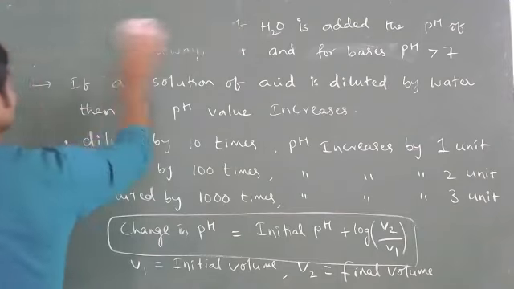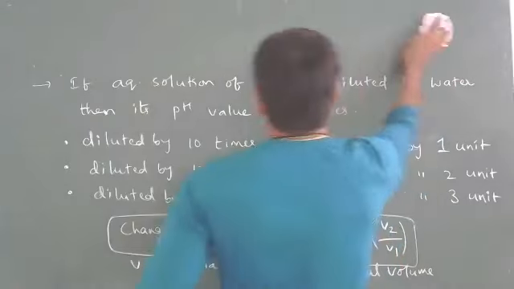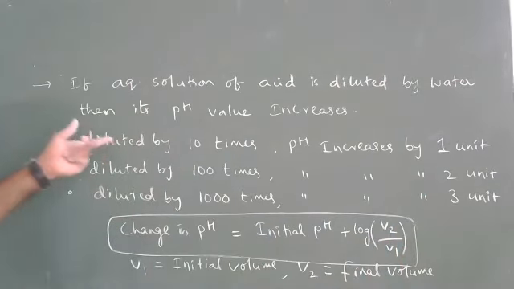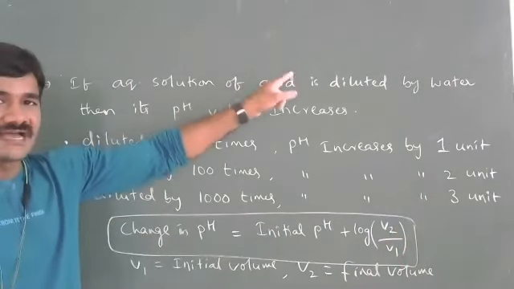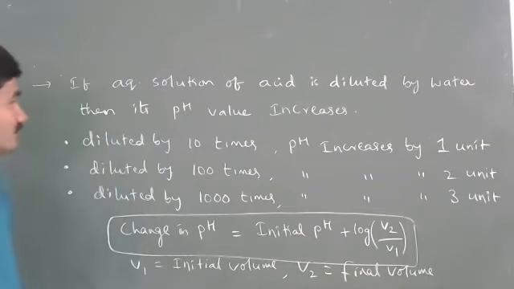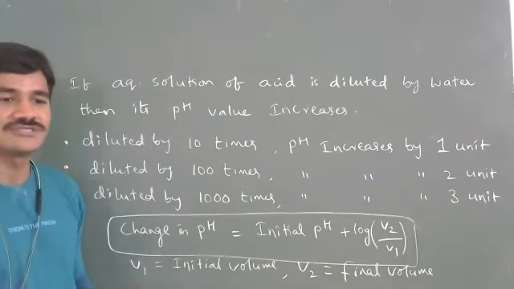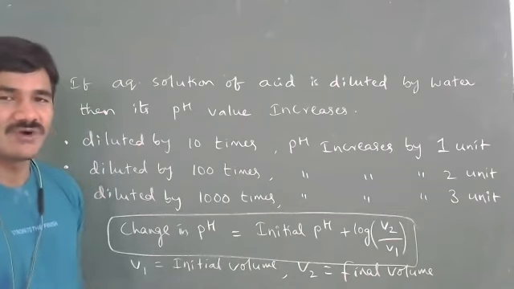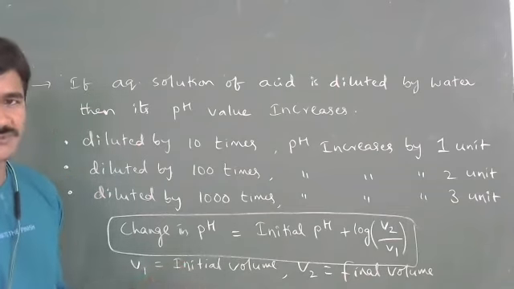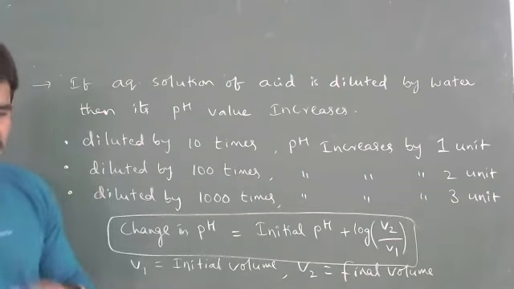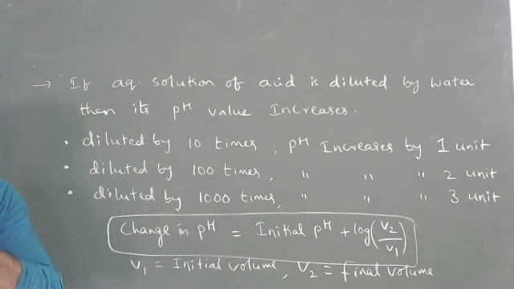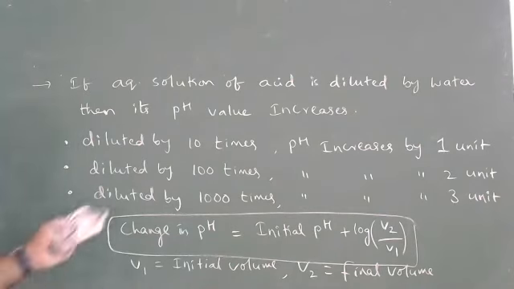Similarly, we are taking the water for acids. If acid is diluted by water, pH value increases. If I take the base, NaOH, KOH, when we add water to the base, or base to the water, what happens to the pH value? pH value decreases. Okay. So write the next point. This is completed. All of you complete this.